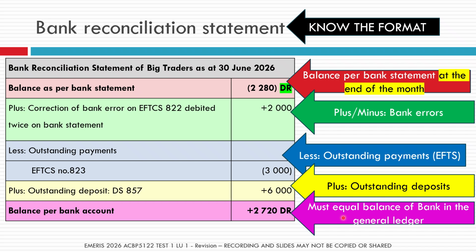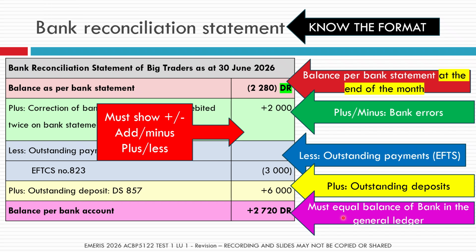Also, just a little exam tip: in your bank reconciliation statements, you must clearly indicate if you're going to add or subtract an amount. If you don't show us the action in this statement, we will not be giving you the amount marks. So you must either say plus here or plus there. Here we've got less and we've got brackets or a minus, but we need to see clearly the action for each amount.